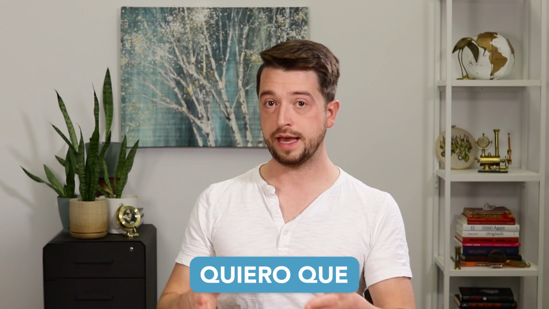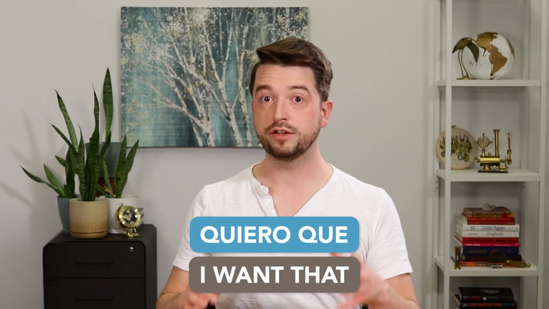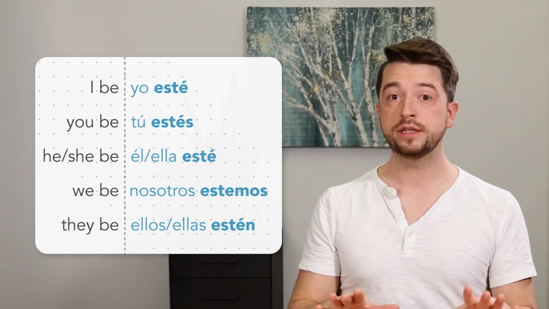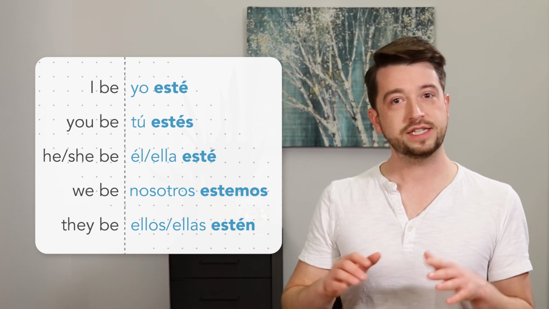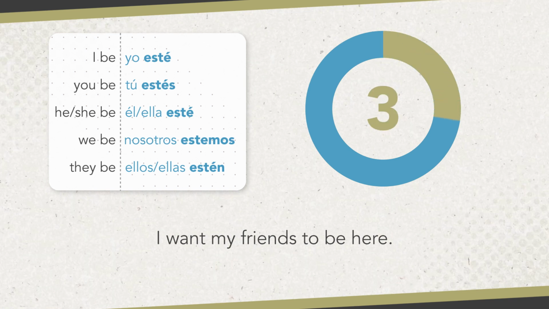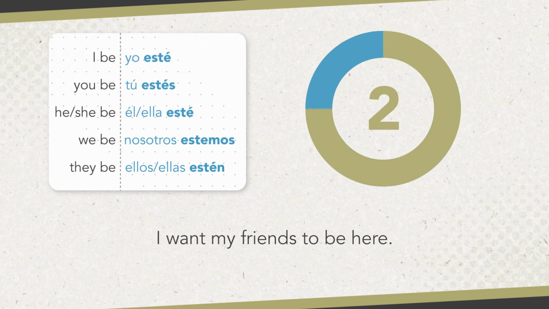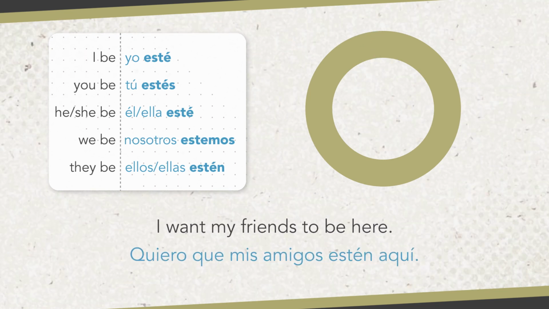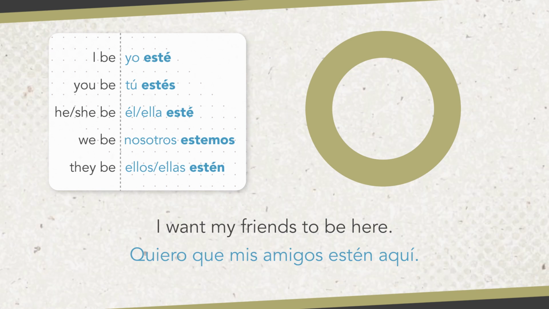Now it's time for you to get some practice with this. I'm going to present some English sentences, and your task is to try to predict the Spanish. In each case, the sentence is going to start with quiero que, or I want that. And then it'll use one of these subjunctive forms of estar. I'm gonna leave the list showing so that you can try to match it to the sentence. Let's give this a try. I want my friends to be here. So this has to change to literally, I want that my friends be here, or quiero que mis amigos estén